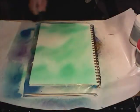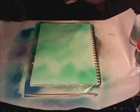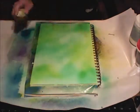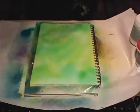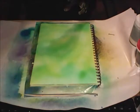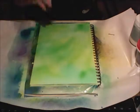For starters, we're using homemade alcohol sprays made from 99% rubbing alcohol and Liquitex acrylic inks. Nothing else. Easily make them at home. We're using green, yellow, a little more green,